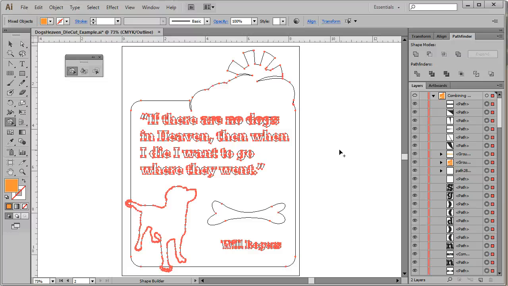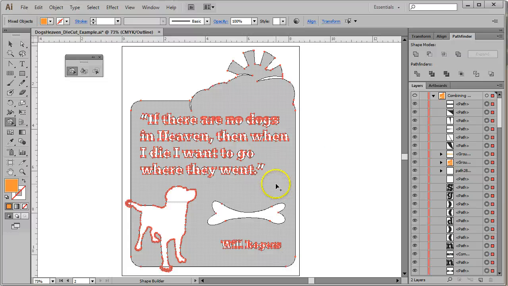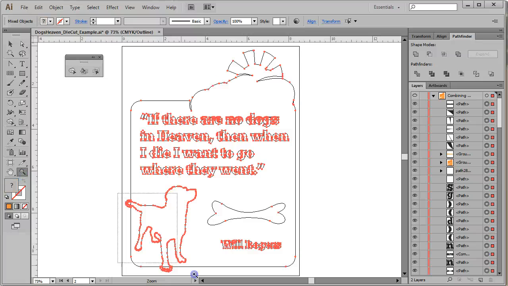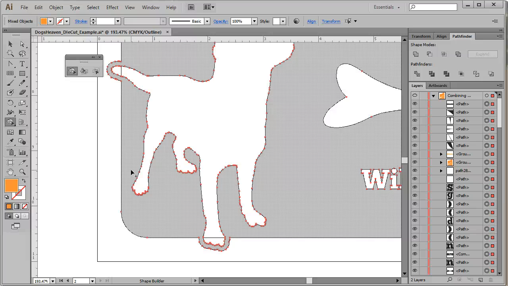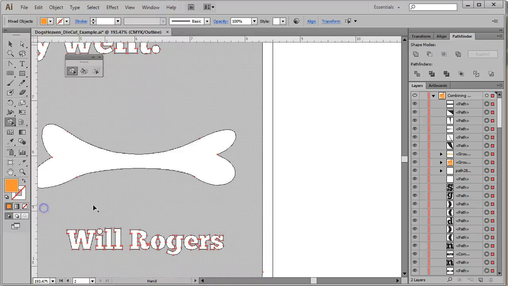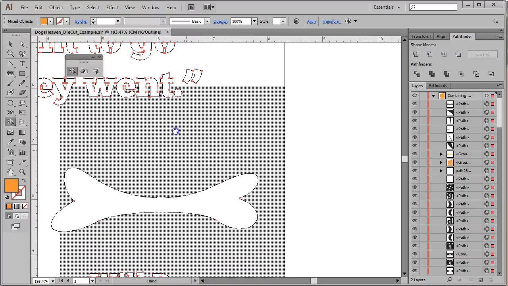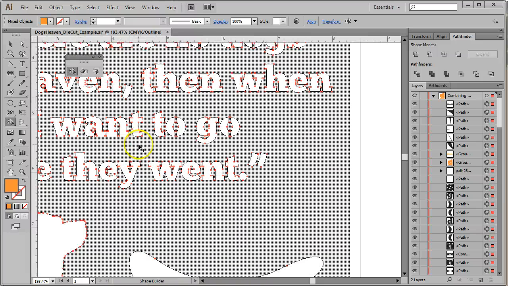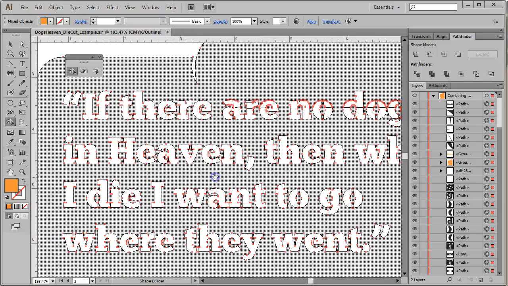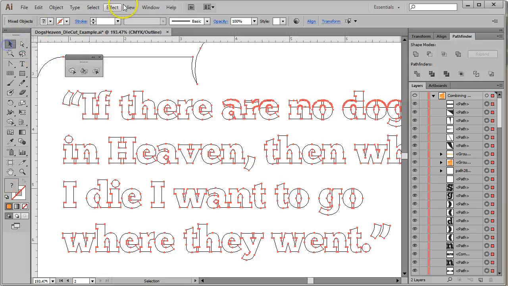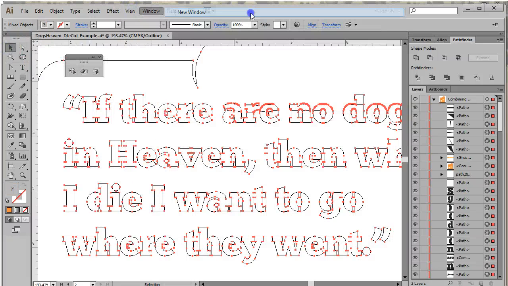When we're pretty sure that all of our area that we want to be one continuous piece of paper is put together properly, that would be when we hold our shape builder tool over our image and the area that is filled in is the continuous piece of paper. Then we're ready to make the last few little adjustments to our image before we send it to the die cutter. So I'm going to start by